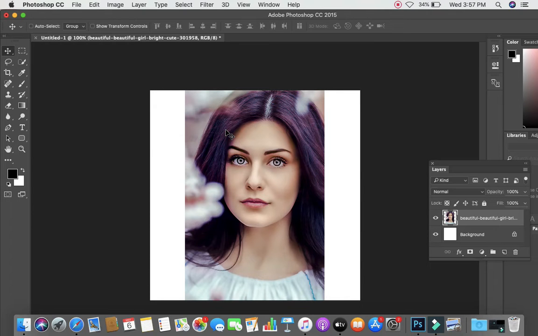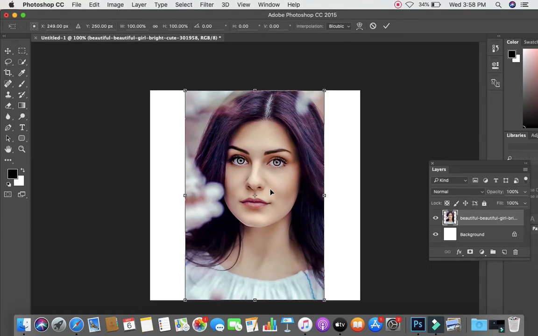I am going to show you that with smart objects and without smart objects here. First, without smart objects. Let me reduce the size of this picture. This is a separate layer here. If you can see this layer window, it is a separate layer. I want to transform it. I want to reduce the size. I can use Control T, or Command T if you are using Macintosh.